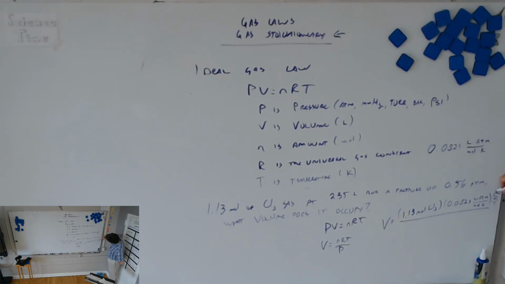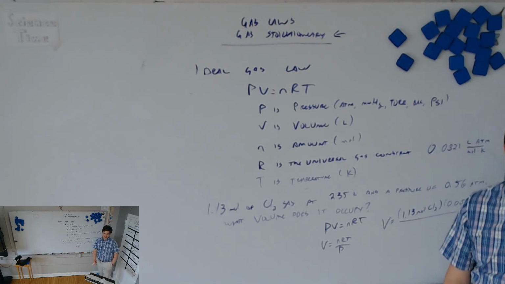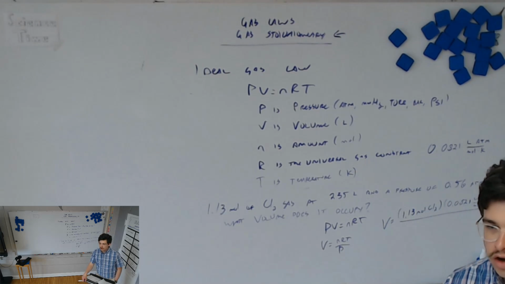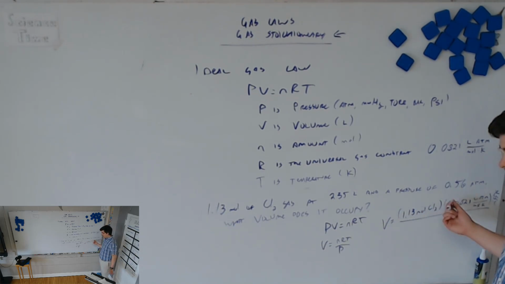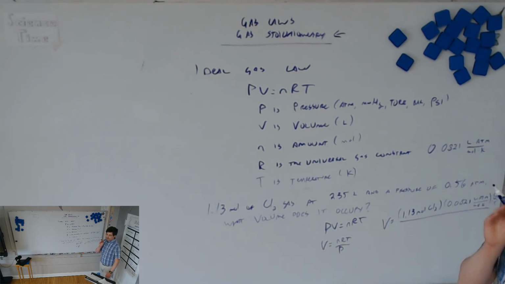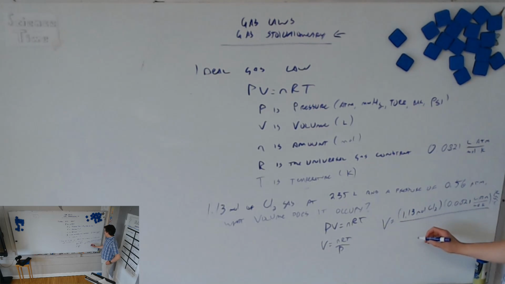Don't draw yours sideways, I just ran out of room. 235 Kelvin. Oh, and by the way, shouldn't I be writing degrees Kelvin? No, it's just Kelvin. Degrees Celsius and degrees Fahrenheit mean it's that distance away from some nominal zero value. But in Kelvin, the zero is absolute zero, so you don't write degrees. Anyway, and then the pressure here was